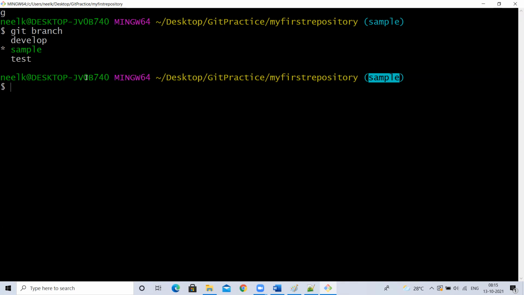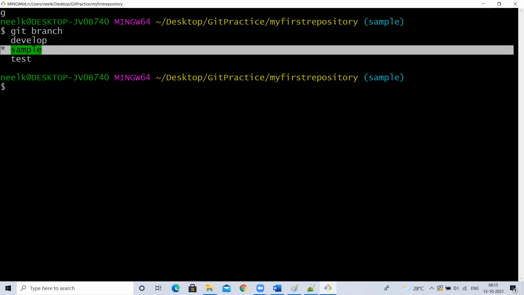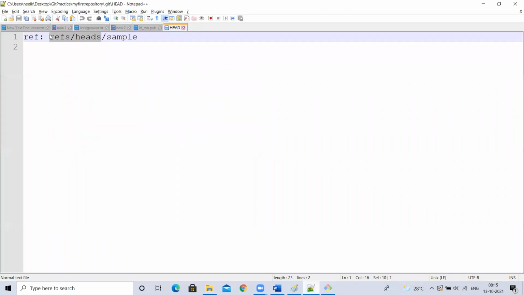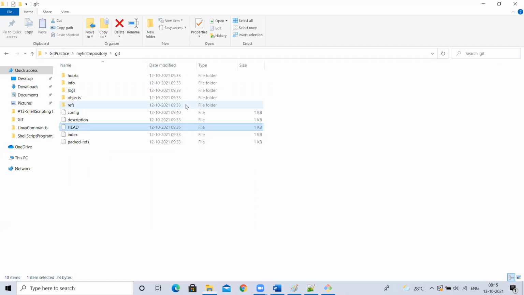Anyway, it will show here, but we have to check here, because it will not always be shown in all OSs. Here it is showing sample. But if I go into this file, is it showing that path? refs/heads/ and at the last, it is showing sample. So this file should give you the location of your current connected branch.